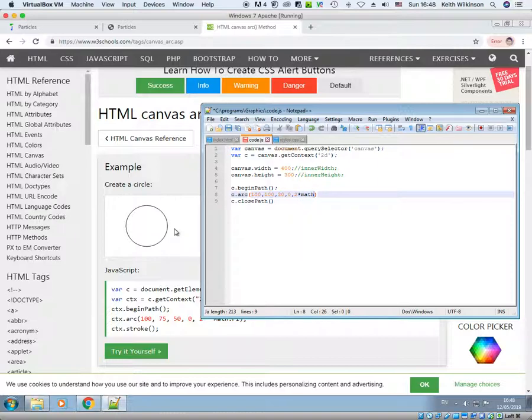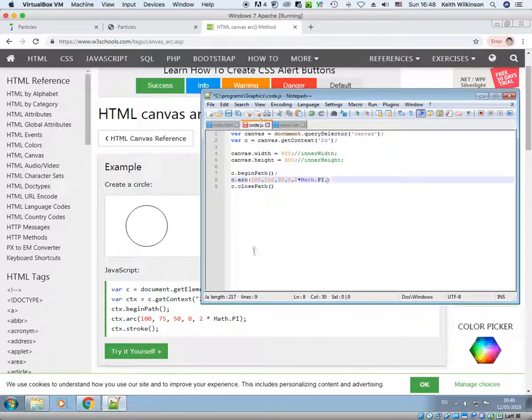Get mixed up between Math is uppercase, between Python and what have you, and PI is in capitals. And then it needs to know which direction we're going to draw. Are we going to draw in a clockwise direction, or in an anti-clockwise direction? If we draw anti-clockwise, I think it's false. So if I just move this out of the way, it's giving, well, in fact it doesn't give me a value here. If we draw in an anti-clockwise direction, it's false. If we draw in a clockwise direction, it's true. So I'm going to choose false as my last argument,